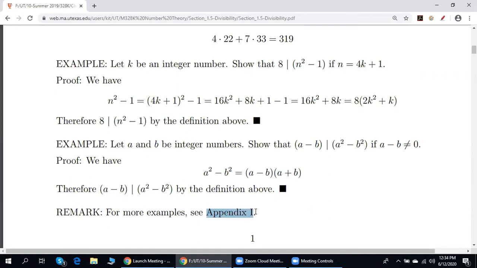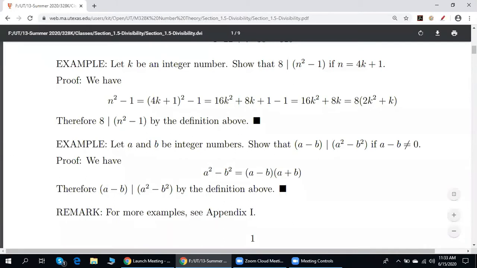I encourage you to take a look at all examples from Appendix 1. There are lots of important examples. Next,